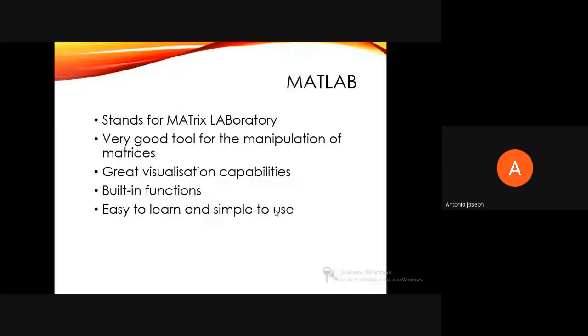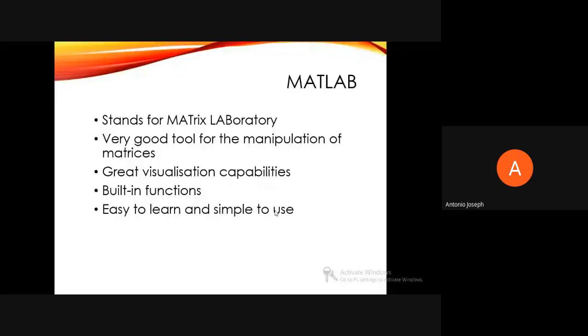It has great visual capabilities, a lot of functions, and even a lot of toolboxes. It's finding a lot of applications in various fields such as engineering, finance, medical fields, etc. And in a single sentence, the size of the MATLAB software that we are downloading is 20 GB, and after installation, it will be 40 GB if you are installing all the packages.